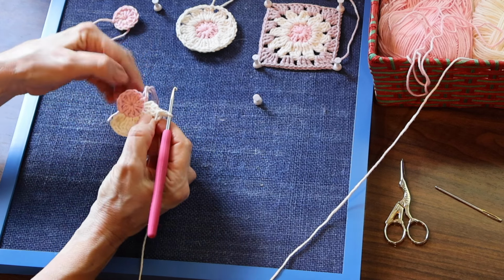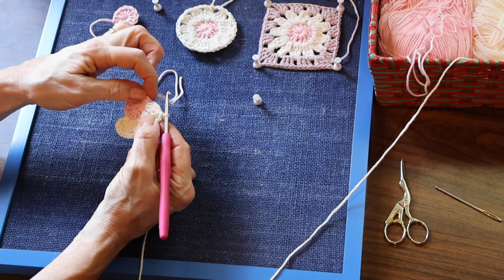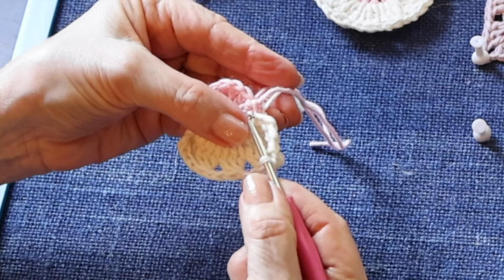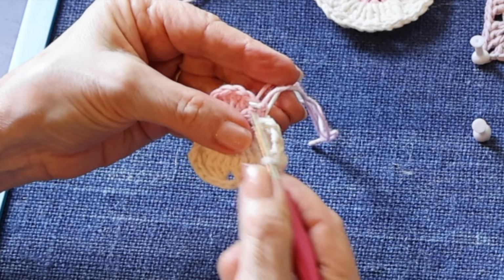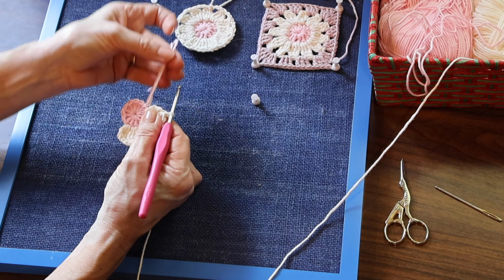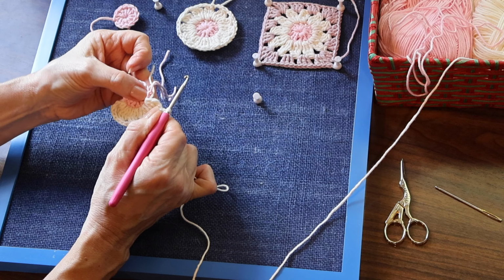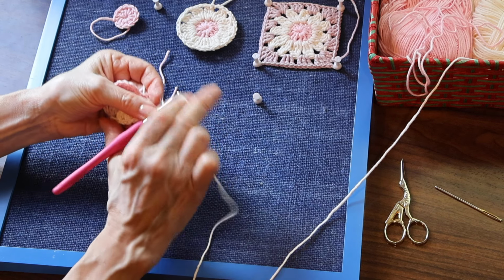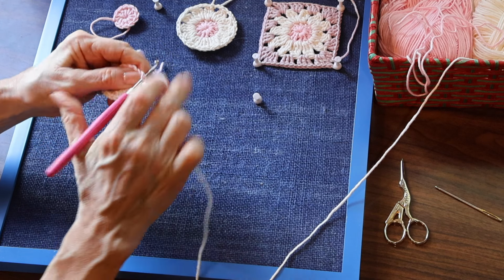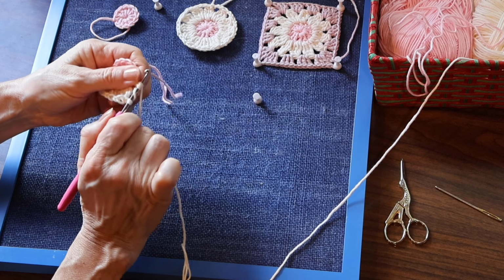Now we've come to the area where you've got the little slip knot from the center. We've got to go over that. So if you look very carefully, you'll see there's a stitch here and a stitch here, but we need to go into this stitch first. And when we go into that stitch, we've got all 3. We can keep one of these aside. So we're now going to go into this next stitch. And I'm going to take those 2 colors, the pink and the white,